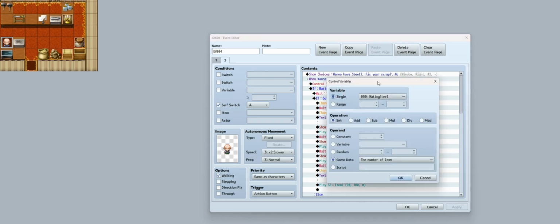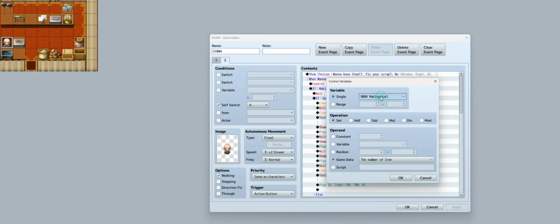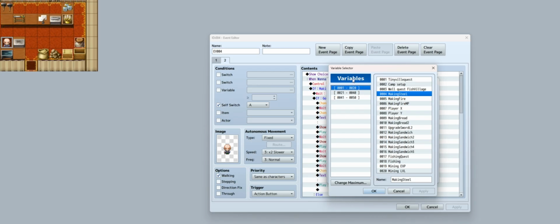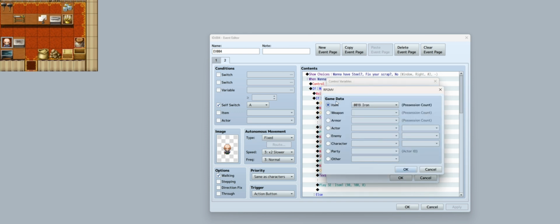So if we go in here, you just go to control variables, we go in this one. I've called this making steel. You can name it everything you want. You choose the variable you have made, press OK, and you set this to game data number of iron, and that is you do it in here. You go to item and iron,